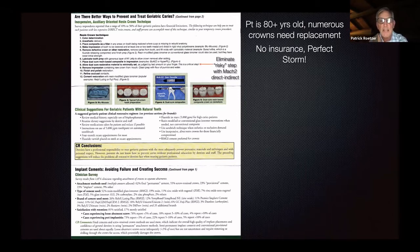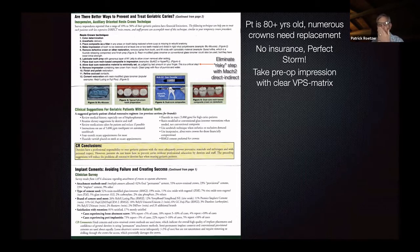Now, I would like to eliminate the risky step of doing this in the mouth. So what I'm going to do is make a Mach 2 or a slow Mach model, which is a highly filled silicone die material. So I'll take a pre-op impression with clear VPS. That's my matrix. If I'm missing a cusp or something, I'll just build it up quickly with a little bit